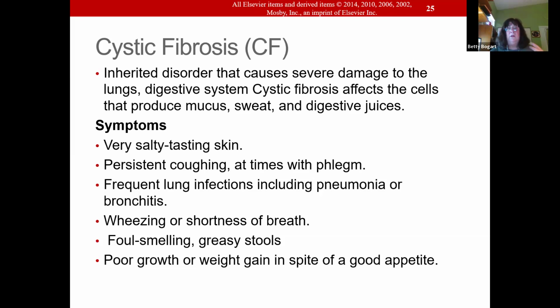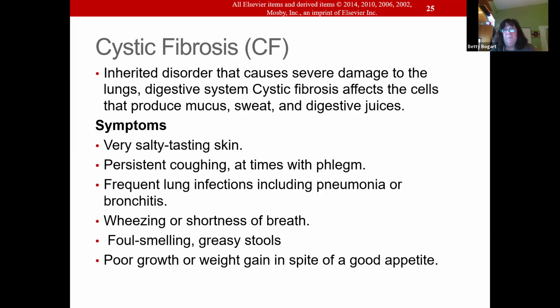And you're also going to have problems with digestion in the small intestines. Fat is not being broken down in a manner where the body can handle it. So these children will be on medications before every meal and before every snack to try to help this child digest. Now, fat is the highest calorie nutrient we have, so we have to replace it, right? So high protein, high calorie diet, salt, give me salt, lots of salt, okay? Those things will be done.